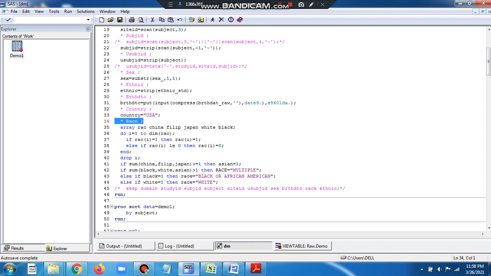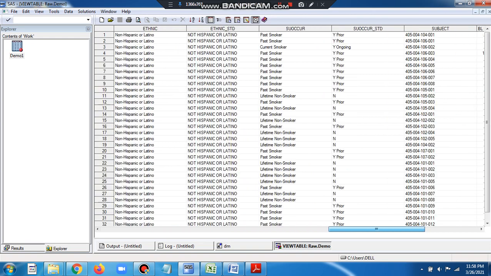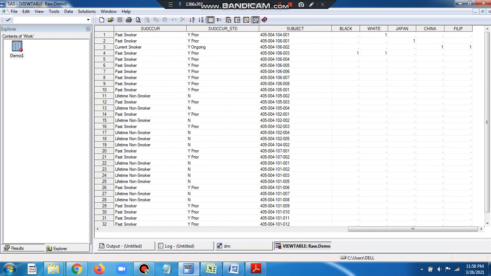Here we have multiple races. We can see actually patients with black, white, Japan, China, Filipino, and so on. So these are the different races we have, and one means this particular patient number 003 is 1, patient number 002 is China and Filipino.